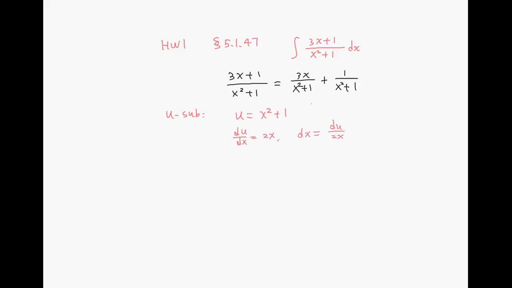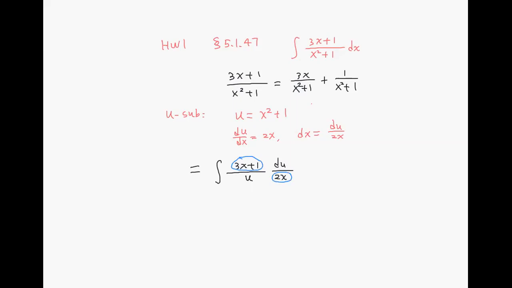Now it's time to rewrite the definite integral. Okay. 3x plus 1, we can leave this term. The denominator becomes u right now. And then dx is du over 2x. Okay, so here is the same. It seems that we cannot do the cancellation for this because in the numerator we have the plus